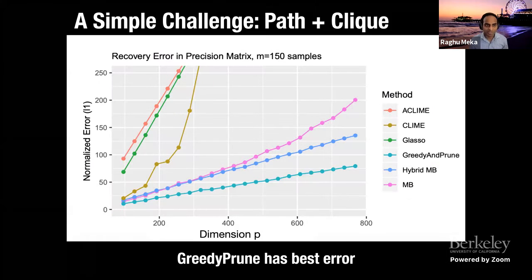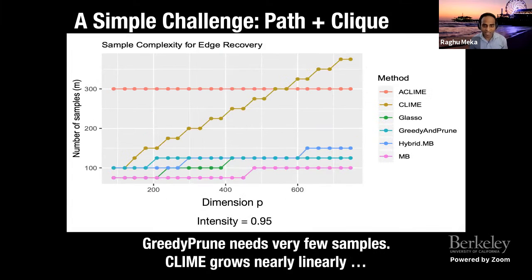And you can also see it in plots. This is the normalized error of the different methods. But more important is the following graph, which shows the number of samples you need to recover the graph. So if I change the intensity, the weight on the edges of the clique, you can spoil the different methods' performance. So for instance, if the intensity was set to 0.95, then the sample complexity of CLIME